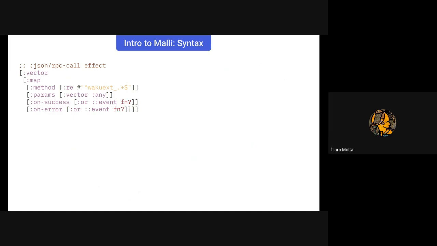Cool. This is a real example taken from the branch I mentioned, where we describe an RPC call to status-go. As we can see here, we can define the schema, make it as strict and precise as we want. Here, the method could be just a string, but we can also use a regular expression saying it must start with wallet_ext underscore. Later on in the presentation, we'll see why we might want to do this. And the onSuccess is either an event vector or a function instance. So